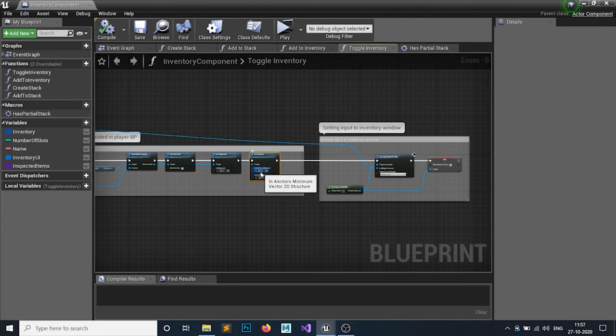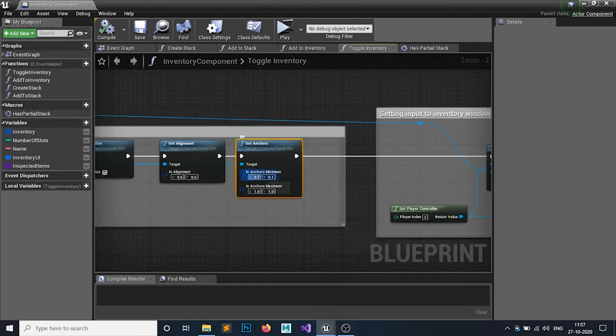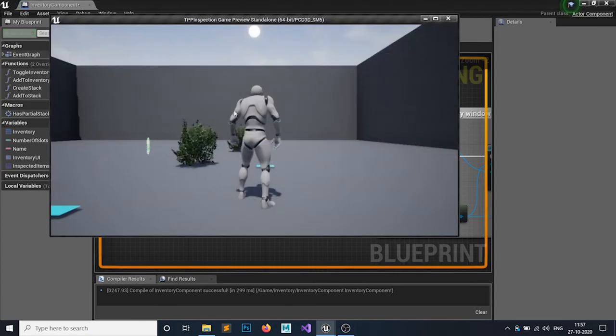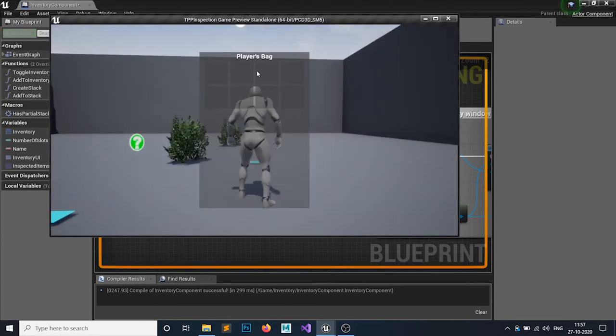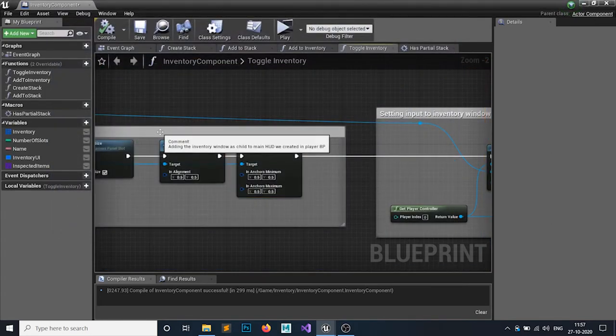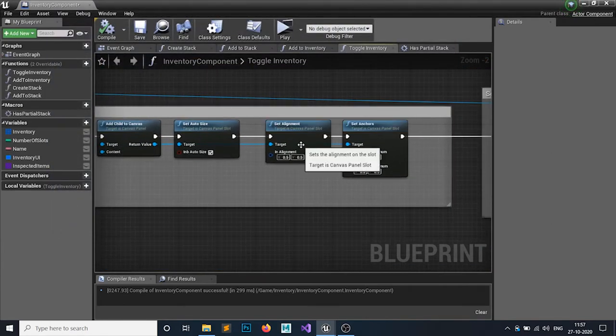Rather than that, we have the position. So we're gonna set the anchors to 0.5 for everything, so it just pops up at the center. If I play, you can see it appearing at the center, and I want to reposition it based on your type.